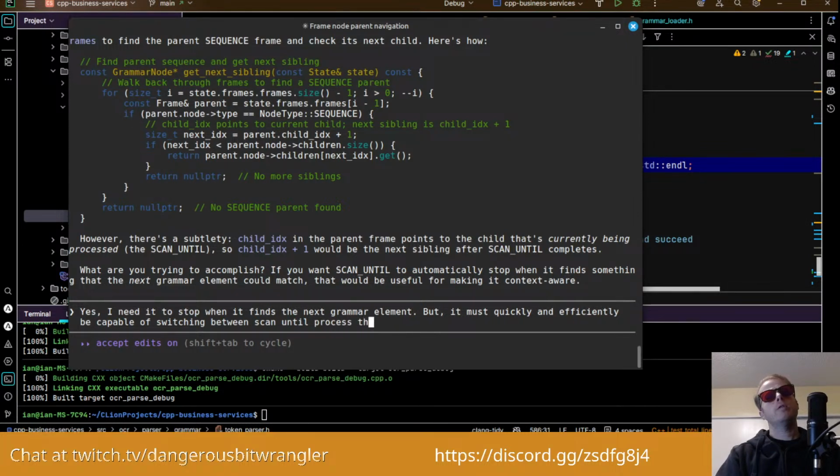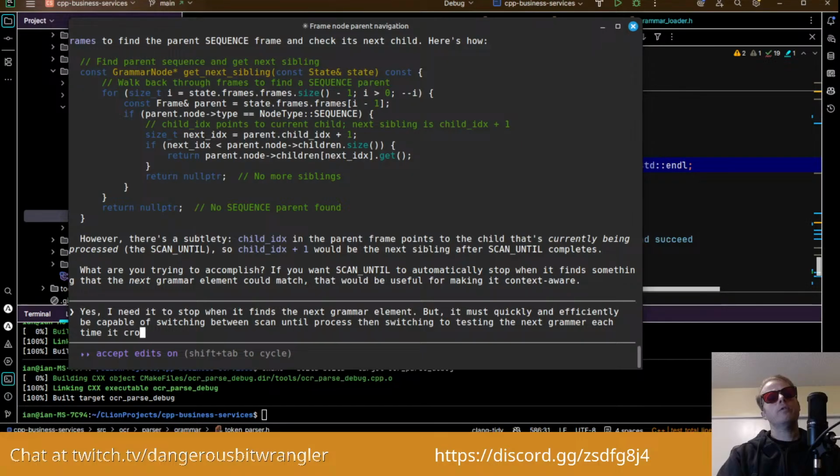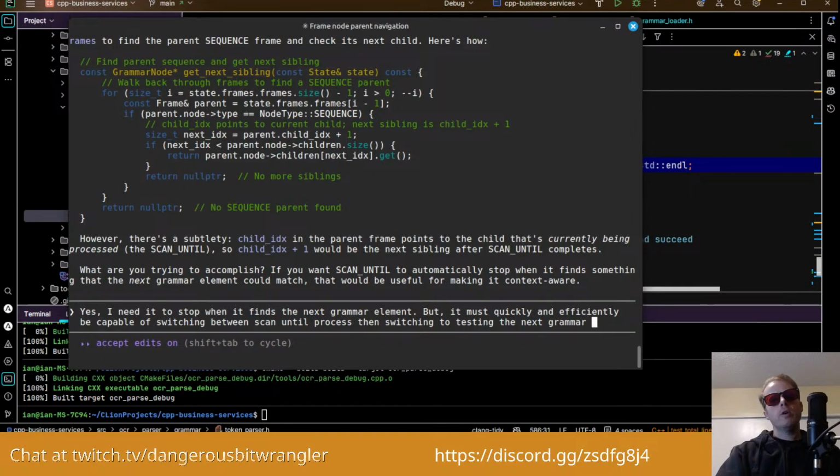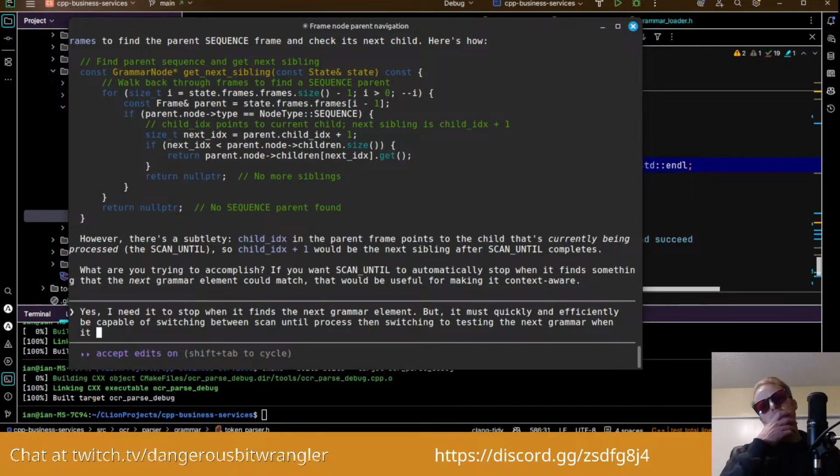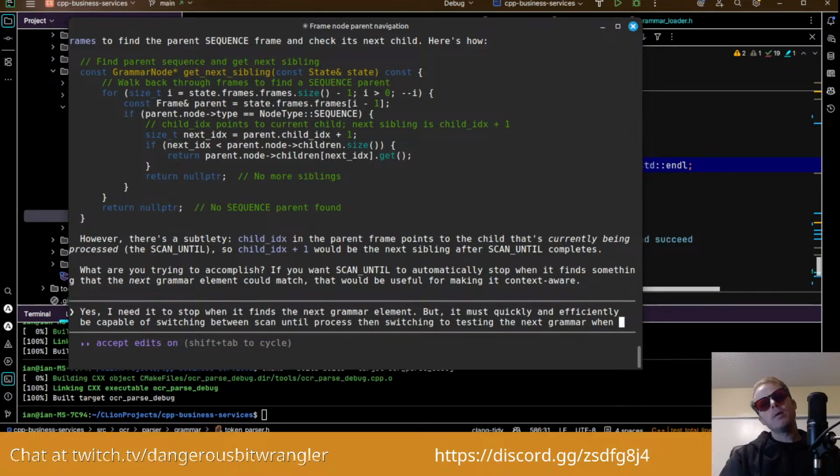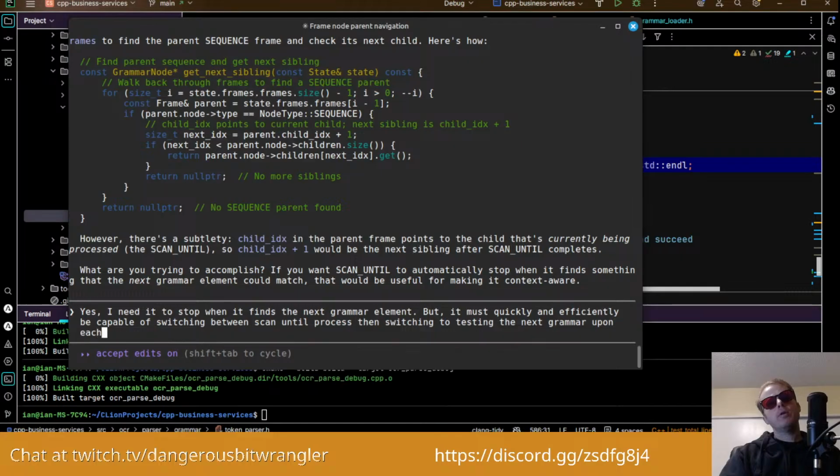then switching to testing the next grammar each time it crosses. How do I put this? Actually, let's not do crossing boundaries or any of that. I think what I want it to do is test the next grammar upon each